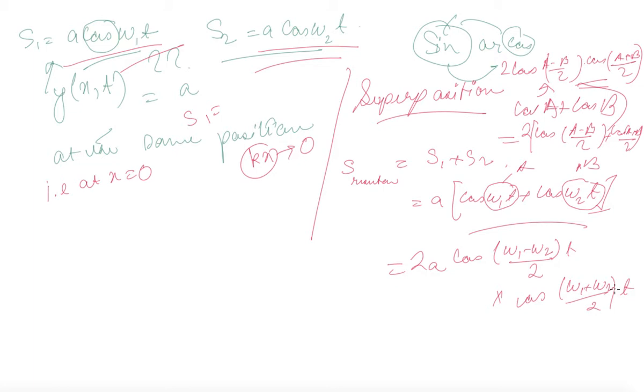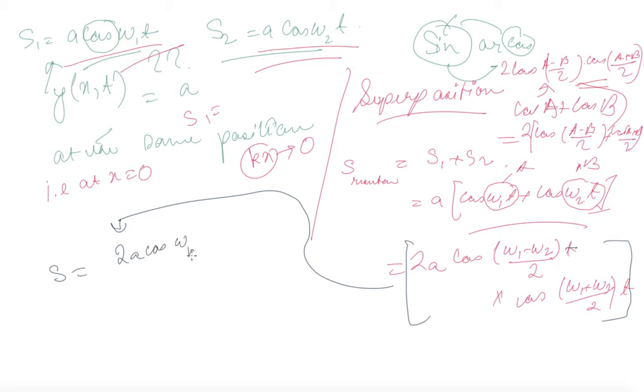So this is what I come to. This can be further simplified to S equals, writing this expression, (omega 1 minus omega 2)/2 into t and (omega 1 plus omega 2)/2 into t. Again using a trigonometric identity,